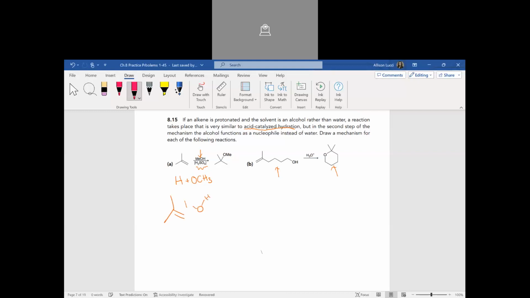So here's our methanol, right? Our methyl group. So this grabs this proton, this shifts those electrons. So we end up with our carbocation